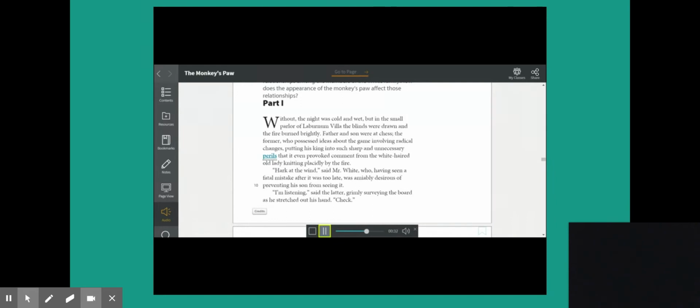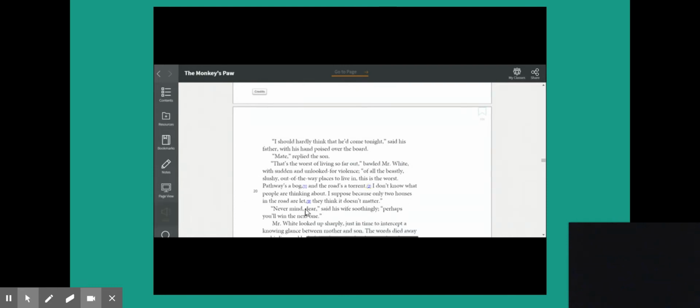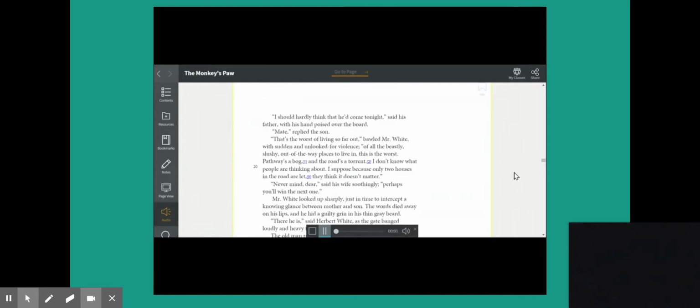"Hark at the wind," said Mr. White, who, having seen a fatal mistake after it was too late, was amiably desirous of preventing his son from seeing it. "I'm listening," said the latter, grimly surveying the board as he stretched out his hand. "Check." "I should hardly think that he'd come tonight," said his father, with his hand poised over the board. "Mate," replied the